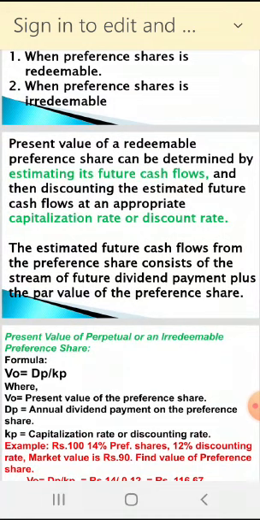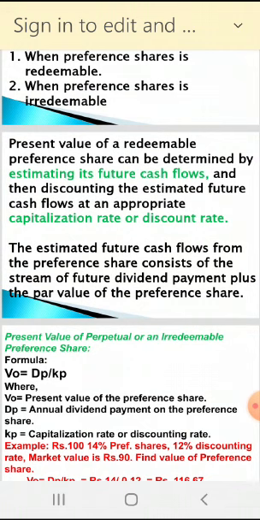Now estimating future cash flows is easier, just like debenture or bond. In debenture and bond, we know the 12% interest is declared and fixed. We know in advance. Same way, in a preference share also, the dividend rate is fixed when it is issued to the public. Maybe 10%, 12%, 14%. So when we know in future what return will come, it's very easy to calculate the present value of any security.